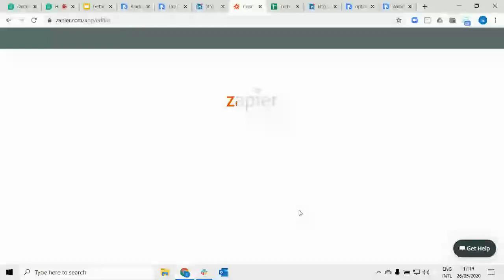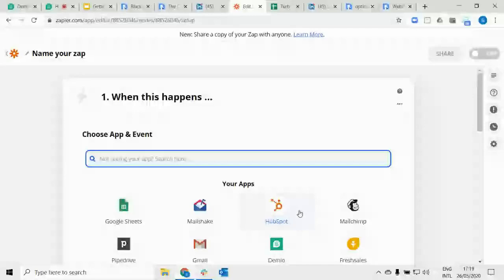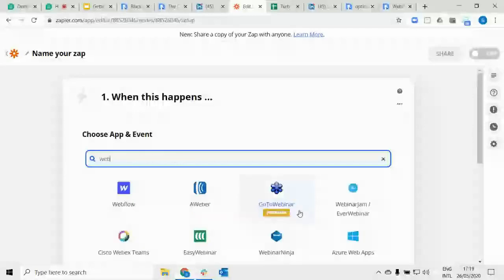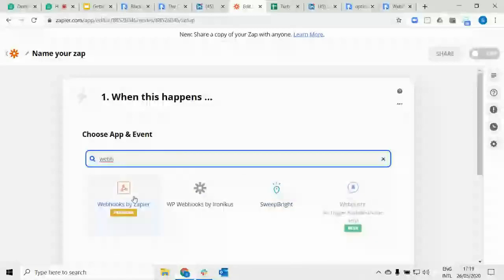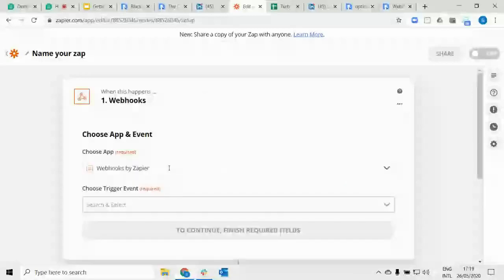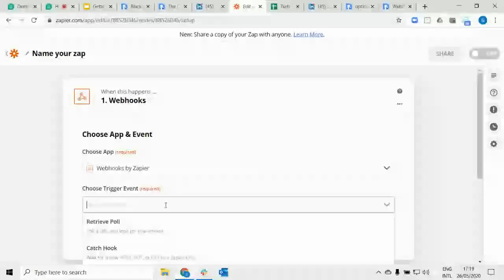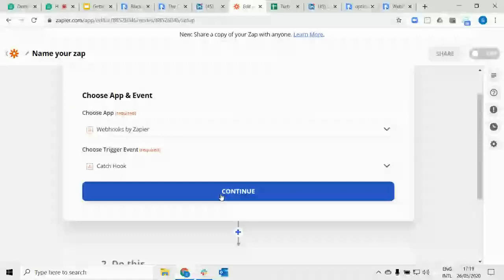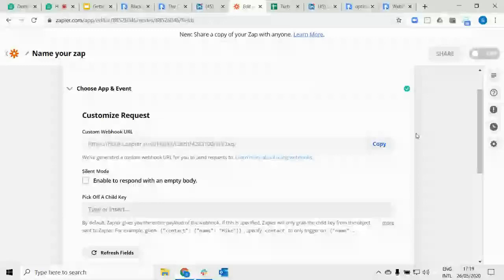So here I am in Zapier. I'm going to make a new Zap. And what I'm going to try here is to capture visit data. So every time I visit a profile in LinkedIn, I would like to populate that prescribed data within my Google Sheet. So first of all, I need to get my unique URL that the data is going to be sent to. So I need to choose a webhook here within Zapier, and under here is where I need to capture a catch hook. And this will give me a unique URL. Here, this is my custom webhook URL,